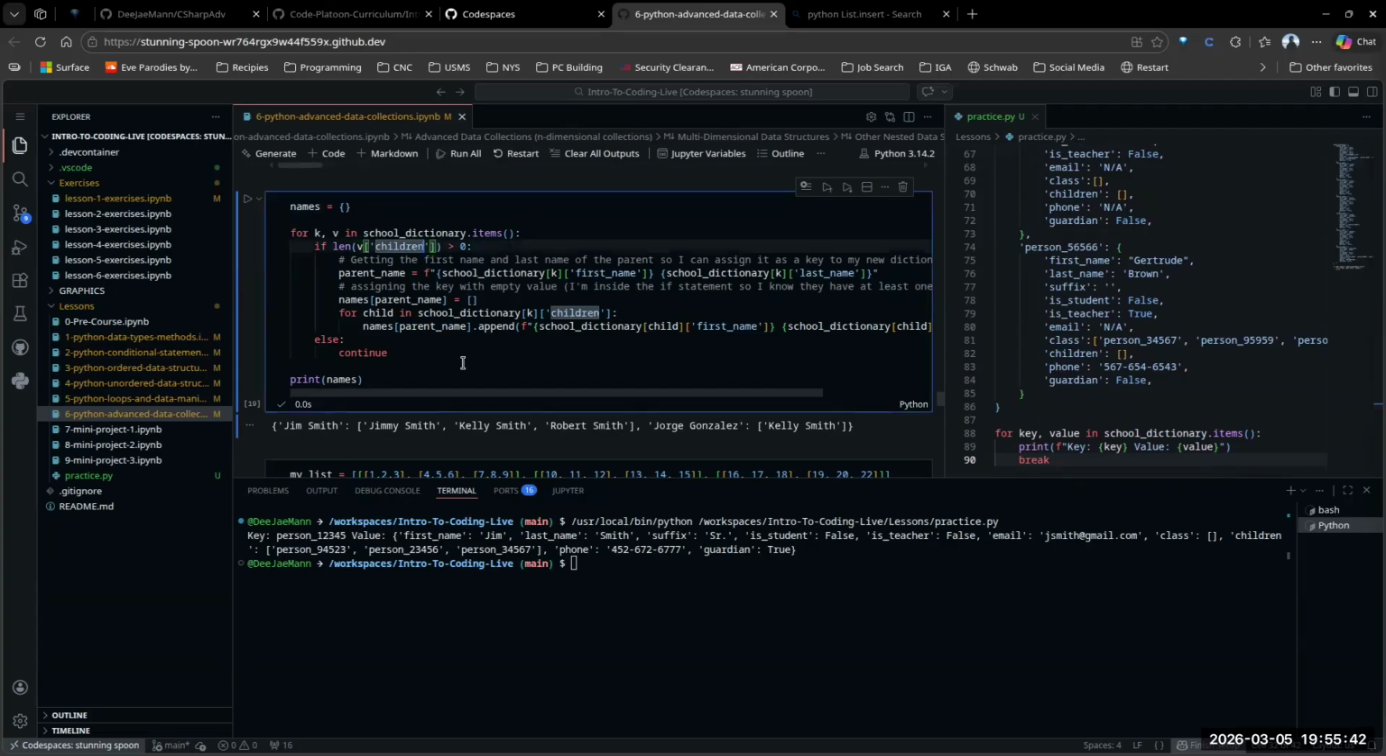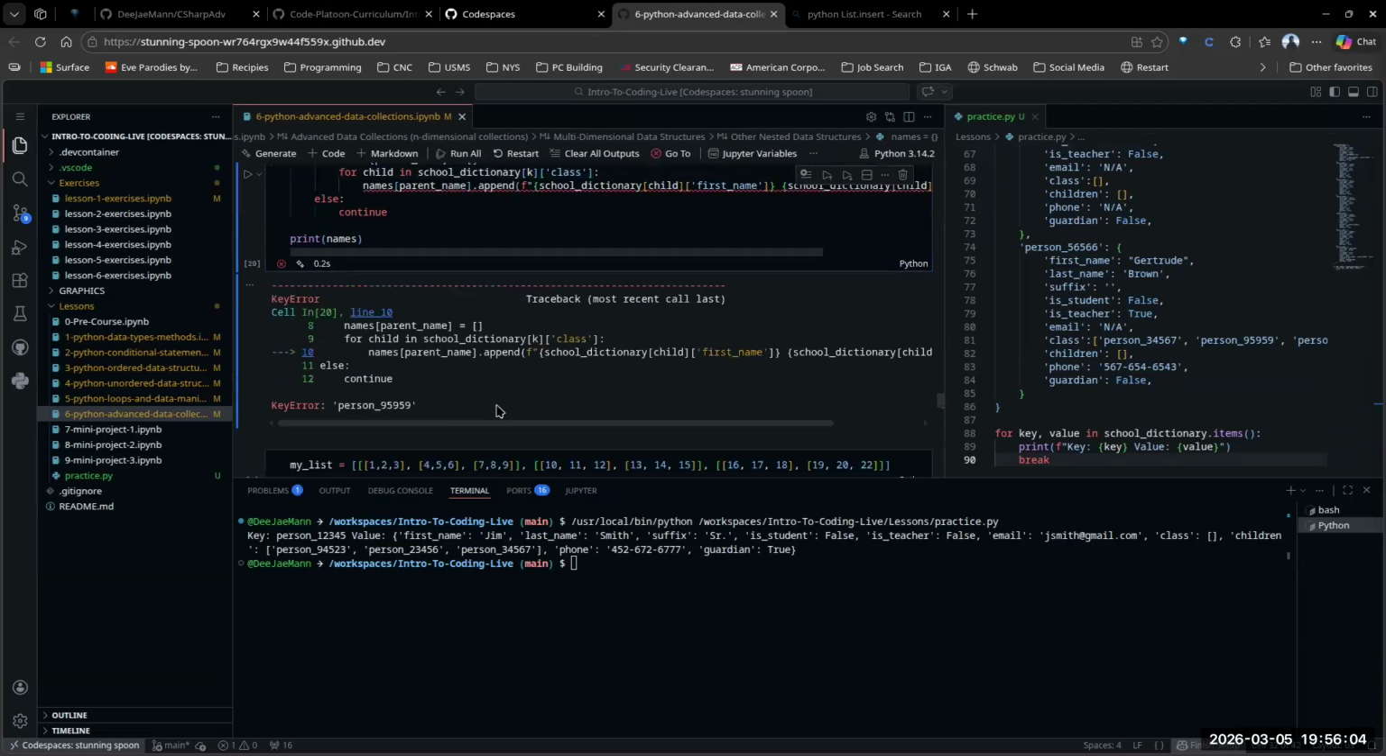Go ahead. Yep. So all we need to do is take children and change it to class, and change this to class. Now when we run it, we have an error. Ah, now I remember this from last session. We have a key error because one of the person IDs does not exist